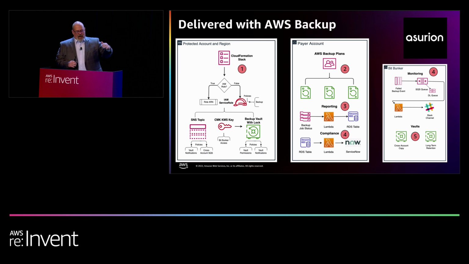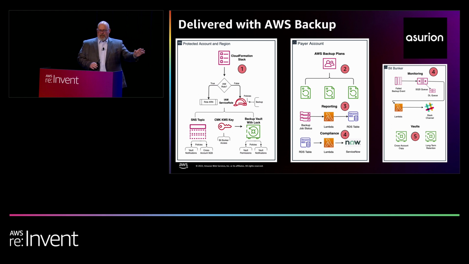And then on top of that, we go down to our compliance. Leveraging that same RDS table, we have a weekly Lambda that runs, looking for resources that have failed more than 2 times in 7 days. If a resource or a backup failure meets that criteria, it's going to open up a ServiceNow incident for compliance tracking. Hey, we've had multiple failures. Whenever auditors come in, they want to see, how did you fix that? And this is how we track that.